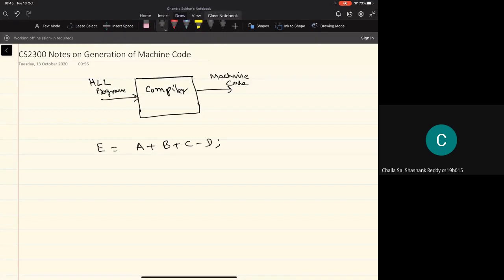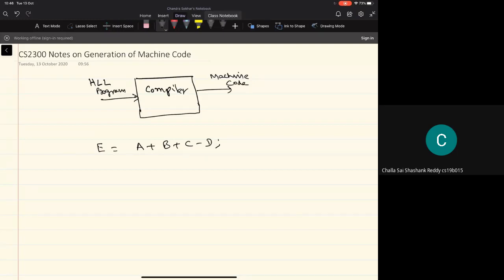How does it get converted into a sequence of machine level instructions? The typical machine level instructions are the instructions that correspond to the operations that can be carried out by the ALU. As we have seen, the ALU consists of the integer unit and the floating point unit, and these units can perform the basic arithmetic operations like addition, subtraction, multiplication, and division.